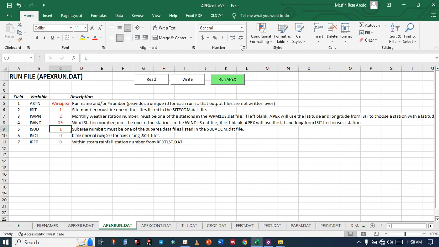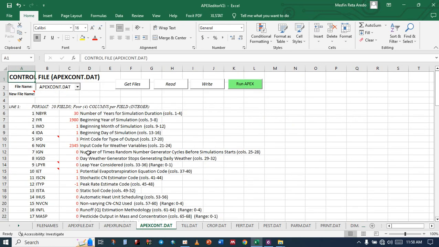Okay, this is also how you get the edit, I mean the control file. So you have four in the control file. For example, hit the get file button and select the apex cone and make read. Okay, make read. When you read it, you can see that this is the actual data that you have. It is a 20-year simulation since 1990,